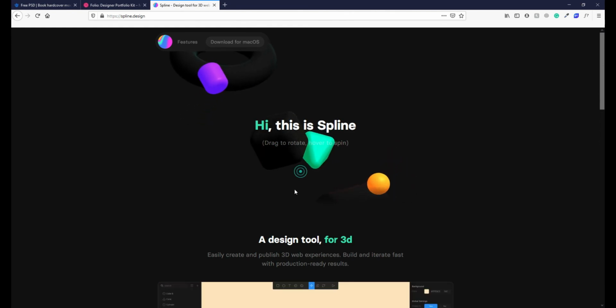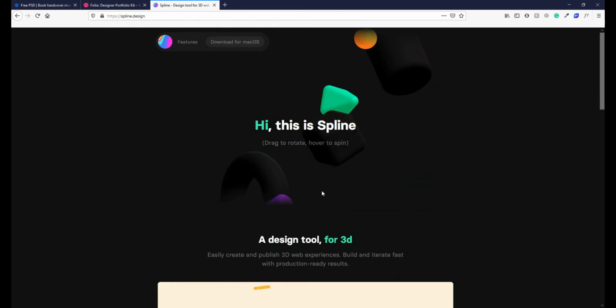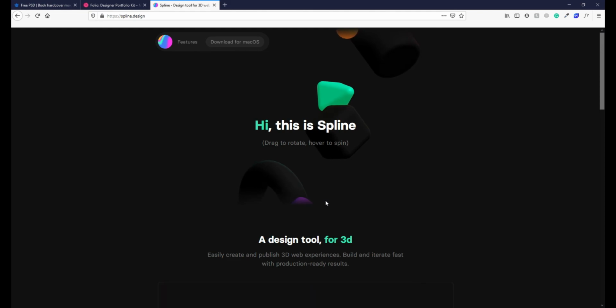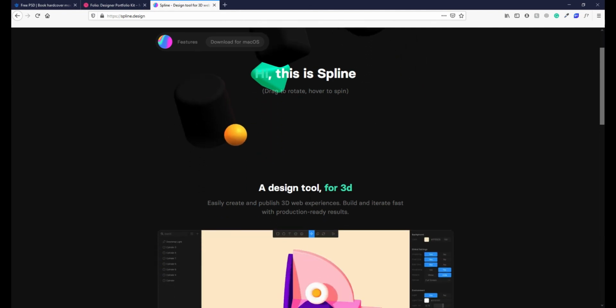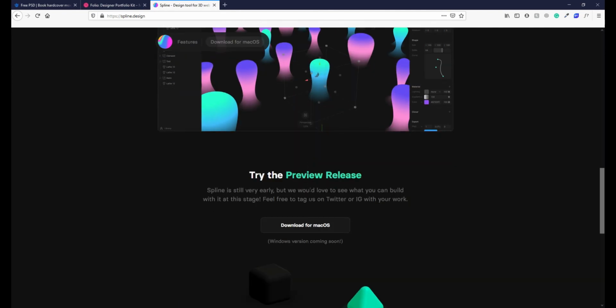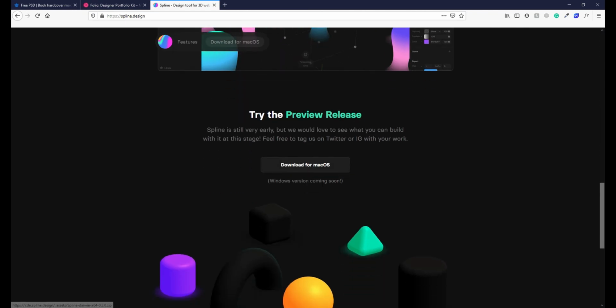This is a really cool tool on which you can make 3D components, and while using this software you will feel that you are designing in Figma or XD. It's really simple, and its preview version is available for Mac. Windows users, don't be sad, the Windows version will also come soon, and then I'll make a video on this also.